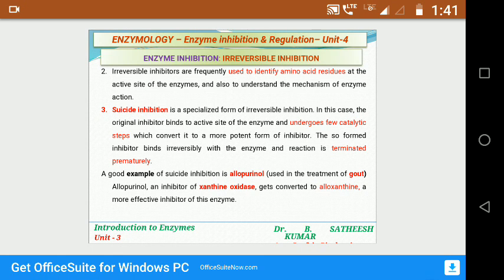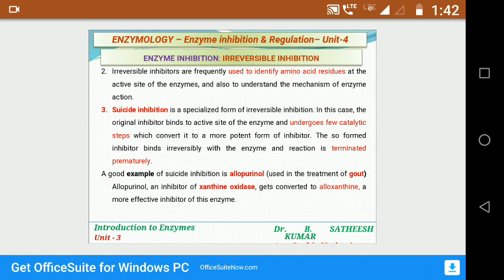So that means earlier we have seen three different examples like iodoacetate, diisopropyl fluorophosphate, and organophosphorus pesticides. All these irreversible inhibitors bind to the active residue located in the active site of the enzyme. They bind by means of covalent interaction. But here